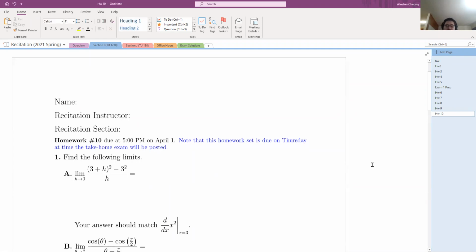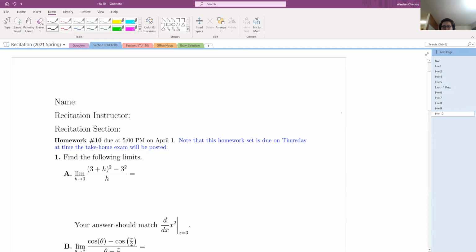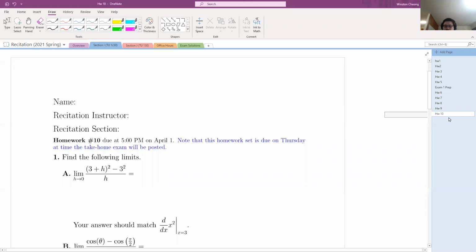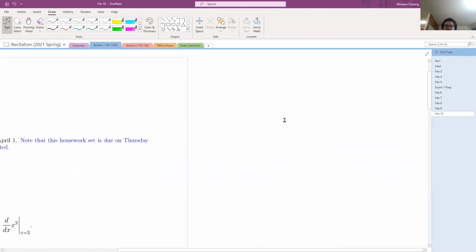All right. The material that we're talking about today is primarily L'Hopital's rule. So I guess I'll do a brief refresher on what that is. Let's move over to the right-hand side. Okay, so L'Hopital's says that